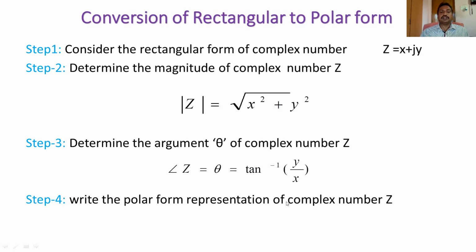And substitute all these. Z is equal to the magnitude of z at an angle theta. This magnitude is square root of x square plus y square. The angle is tan inverse of y by x. So this is indicated as the polar form. Polar form should contain only magnitude and angle, which may be represented in terms of modular form, meaning even if it is negative, it becomes positive.